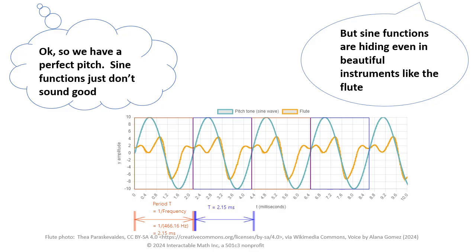There are many more frequencies in the flute. However, all are harmonically related to the pitch frequency. Harmonically related frequencies are multiples of the pitch frequency. In other words, if the pitch frequency was 200 Hz, the higher harmonics would be at 2 times, or 400 Hz, 3 times at 600 Hz, 4 times at 800 Hz, and so on.